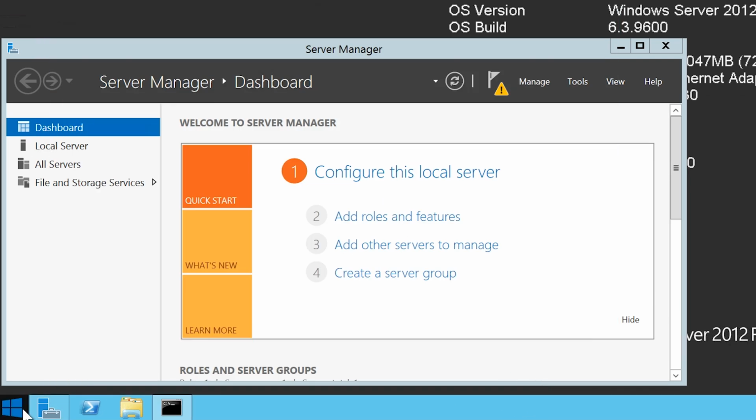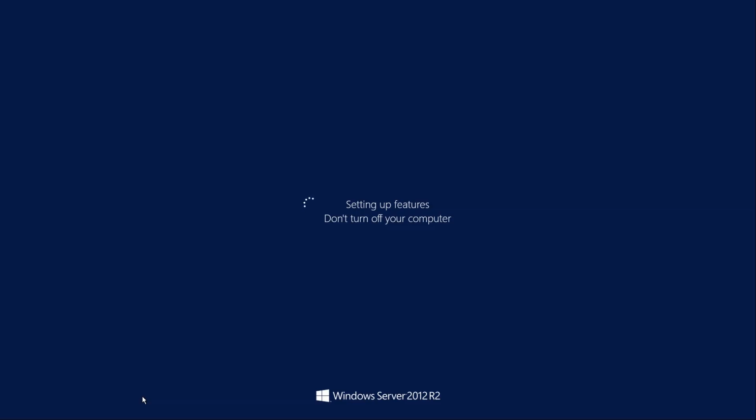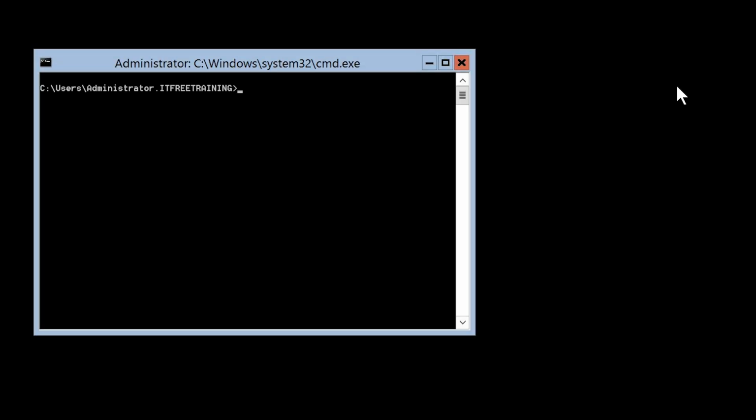In order to complete the process, I will now restart the server. This will remove the files from the operating system and uninstall the graphical interface. However, as we have learned, the payload will still be on the system. Once the server has restarted and I have logged in, I will need to remove the unused files from the side-by-side store. I will do this by running PowerShell,